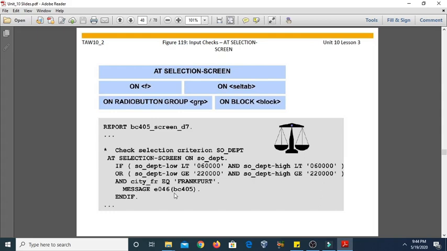So here we are applying the input check on a particular selection screen field with the help of the AT SELECTION-SCREEN event. We are giving the error condition: if the value does not lie within these conditions, then it will display a particular message for this screen field, and the screen field is SO_DEPARTMENT. Similarly, you can also apply this condition on a particular selection table as well as a radio button group or a particular block.